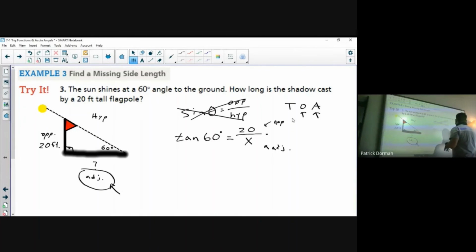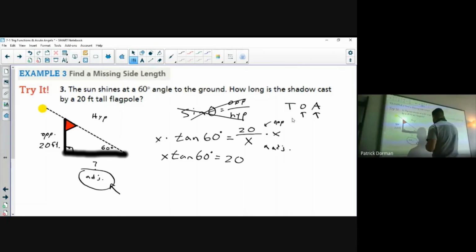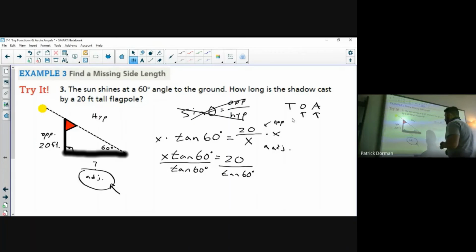All right, so it's kind of weird, right? The long way to do it would be to multiply both sides by x. I get x tangent 60 degrees equals 20, right? Because the x's are going to cancel. But now I need the x by itself. So I'll divide both sides by tangent of 60 degrees. And that tells us that that's what x is. X is 20 divided by tangent of 60 degrees, which we should be able to put into our handy dandy